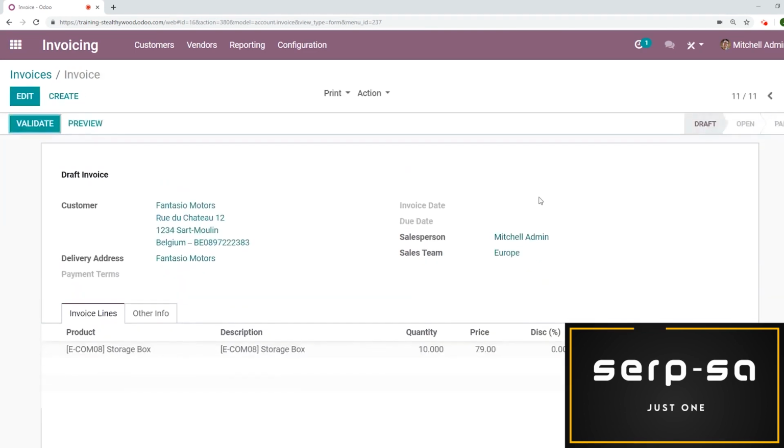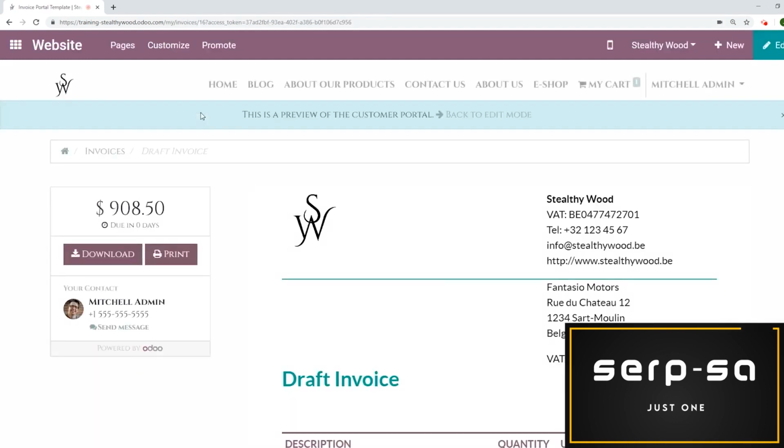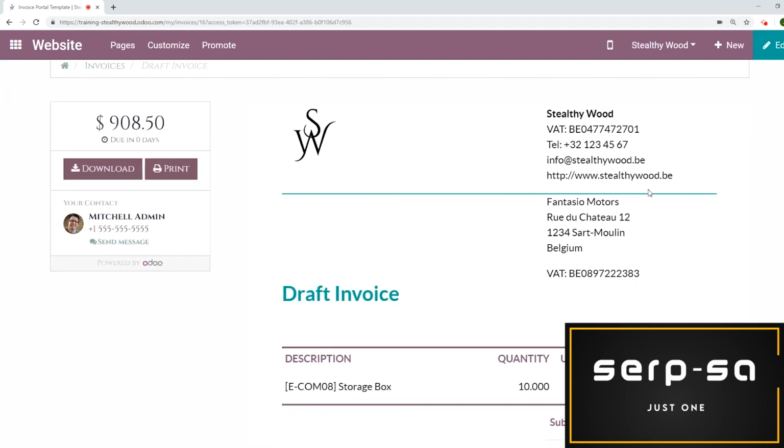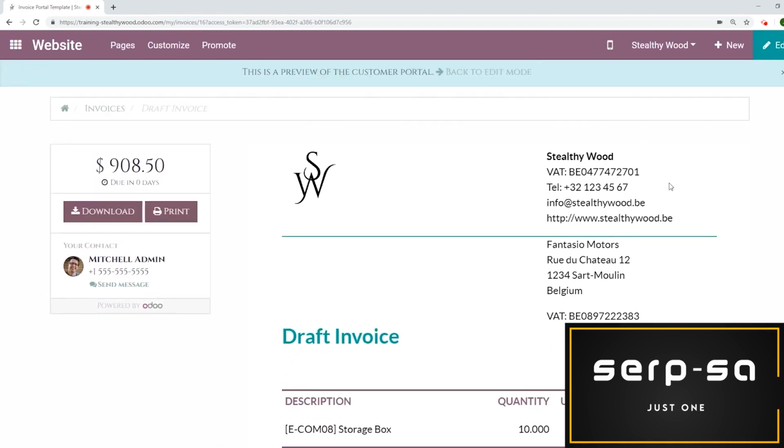Once we save the invoice, we can preview it right away. When we click on preview, we're going to see the preview from the customer's perspective. So this will be a preview of the customer portal. As you can see, we have all of the information. I have my logo, I have my company information that we were sure that we set correctly,